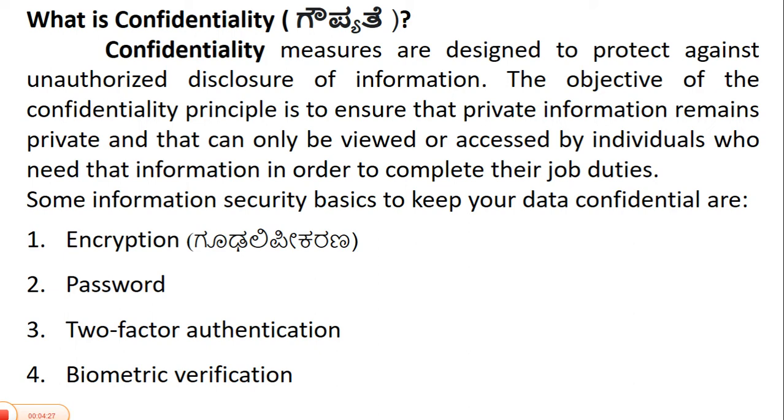Third one, two-factor authentication. Two-factor authentication can be seen physically in the banking sector. We have two managers: one is a branch manager and another is a deputy manager. When they open the locker, two keys are operated. First the branch manager operates the key, and after that the deputy manager operates the key. When both keys are inserted, only then is the locker opened. Like that, two-factor authentication means if we want to access the data, we need the authentication of two persons to open that particular record.